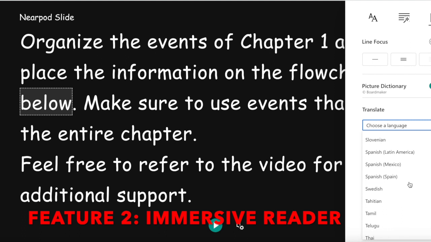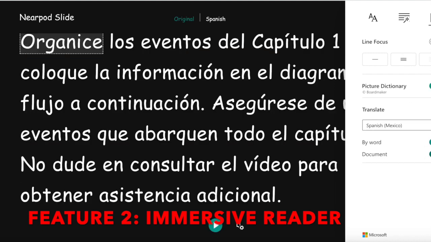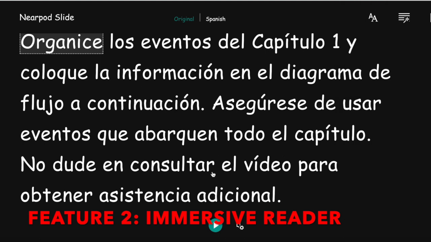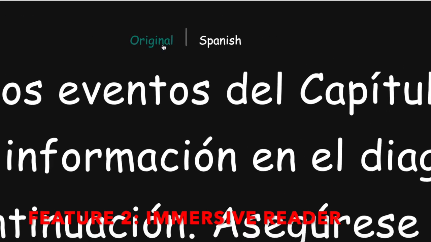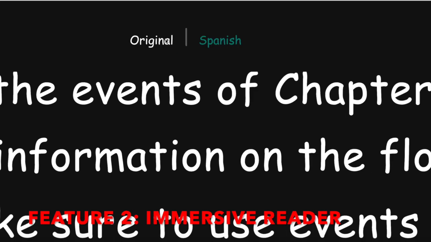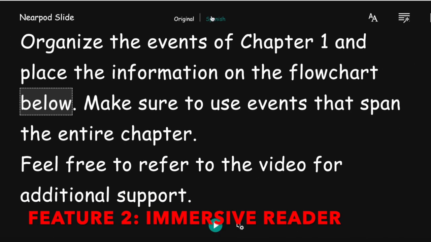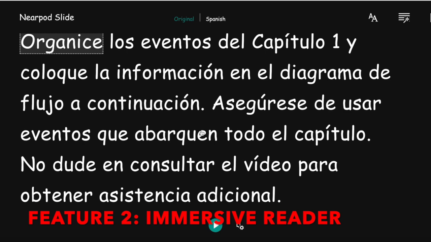So if I'm a Spanish learner, click on that. It will translate the entire document for me. So all my directions that were in English are now in Spanish. And it also keeps the original one right here. So it gives the kids a chance or a choice to select their original or their Spanish version. And when I hit play,